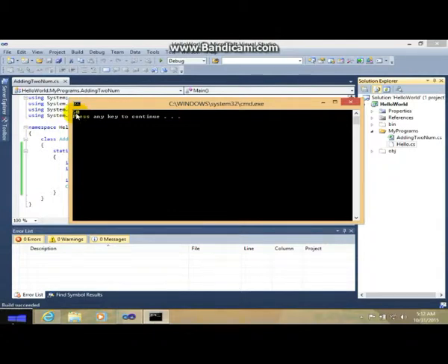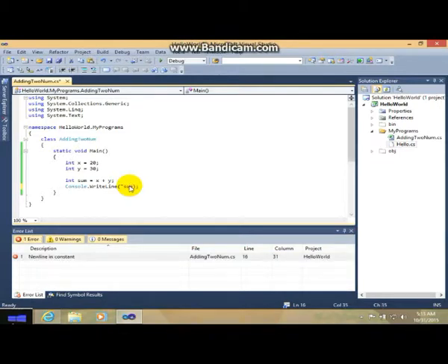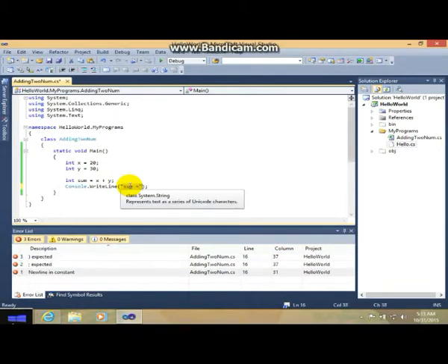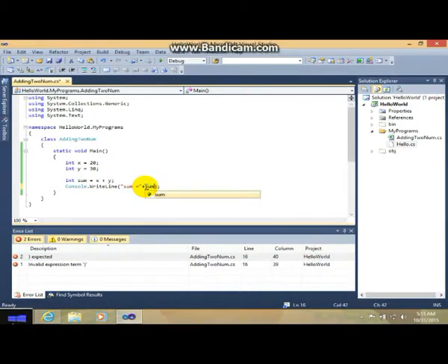And if you want a fancy display, like I want sum equals 50, I should show you here. Now, we will use a concatenator, and we will use this quotation mark, sum equals, plus. The text sum equals would display, plus your result in the sum. You type in here sum.